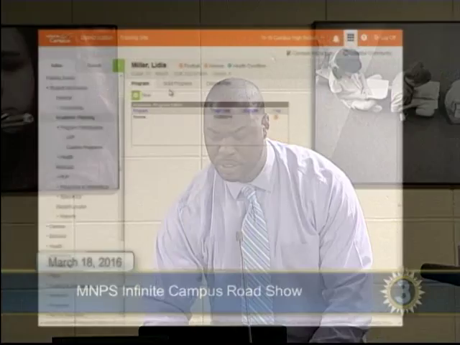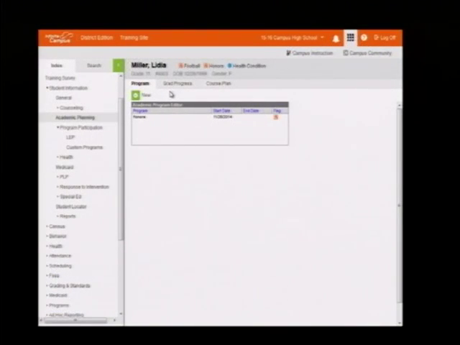Yep. Okay. Where was I? Oh, academic planning. So one thing, you see grad status here, or grad progress. When we originally designed this, we were looking at the graduation progress for a student. However, this has really evolved into tracking the academic performance of a student or progression of a student towards an academic pathway or even promotion to the next grade level.